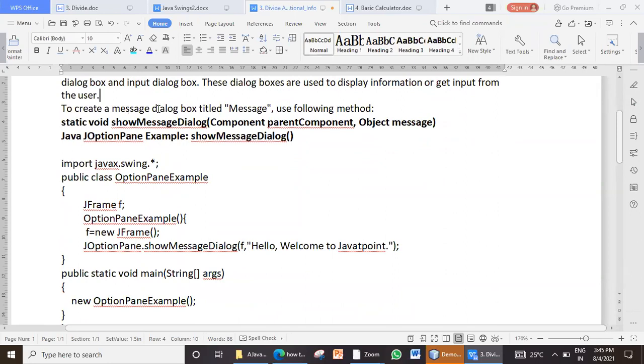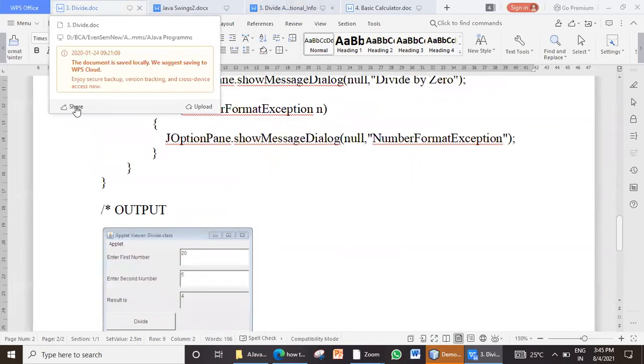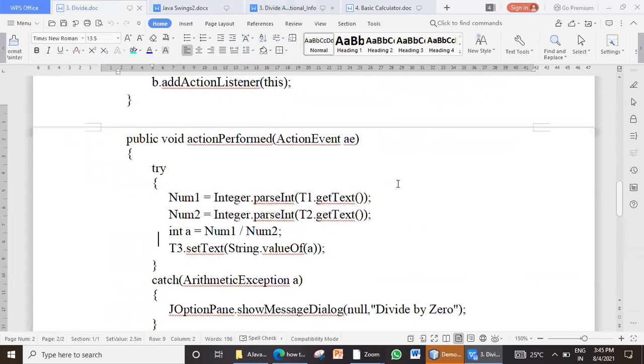Now, what is the dialog box that is of our interest? Because in one of the journal programs, actually in theory you don't have this in the syllabus, but in one of the journal programs, it is asked that we are supposed to create one application that performs division. Let me just show you the statement itself.